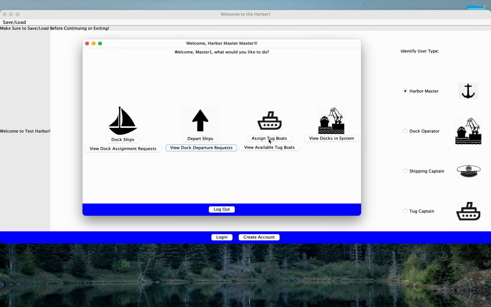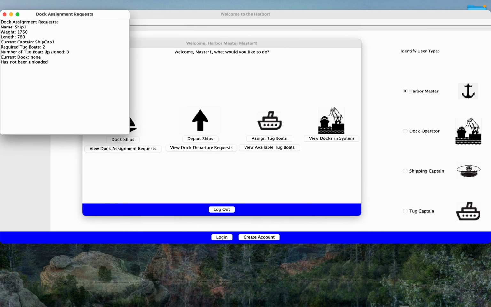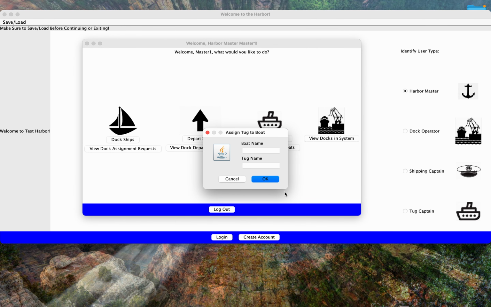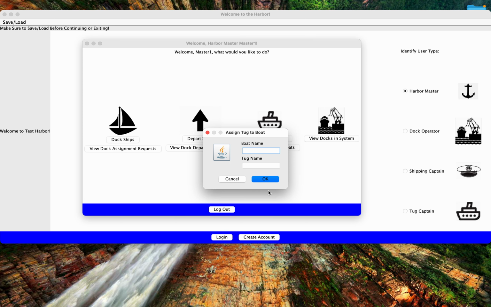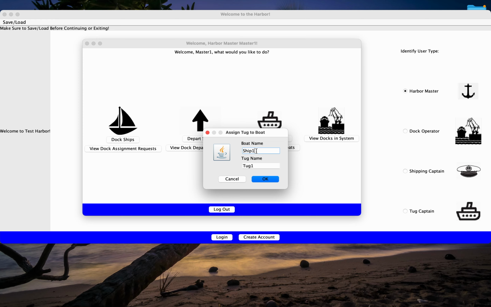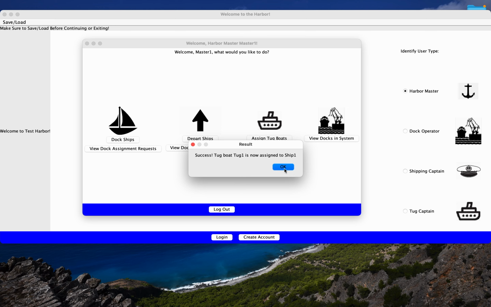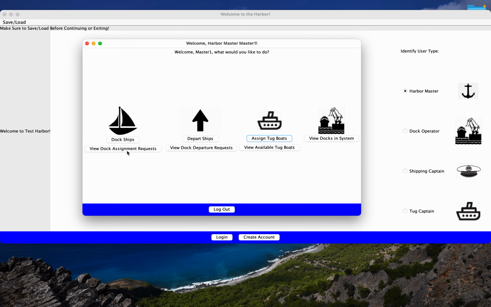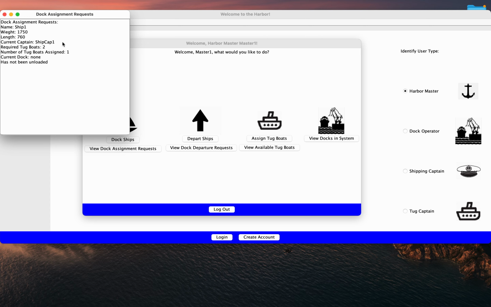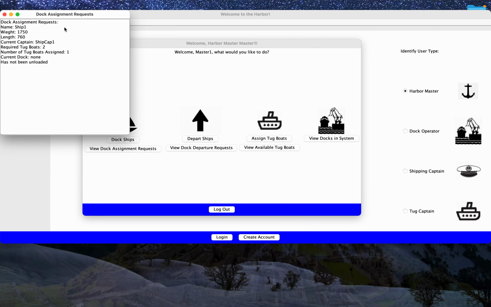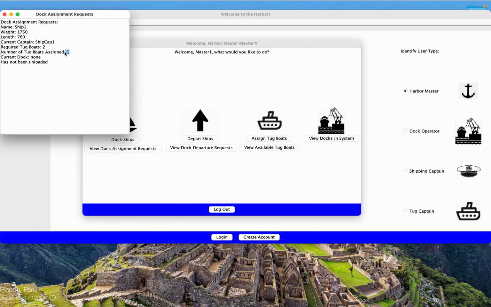So, first step, when we see a dock assignment, is we can see that it requires 2 tugboats to be docked. Fortunately, we have 2, so we can assign tugboats. We can assign Tug 1 to Ship 1, and we can see that success. Tug 1 has now been assigned to Ship 1, and as we can see in the dock assignments menu, has now been updated to hold the accurate data that says Ship 1 now has 1 of the 2